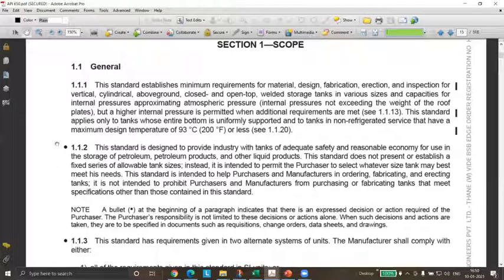Something that depends upon the purchaser who is asking you to design, some decision by him is required. Okay, like type of tank. So finally, the client has to give us the type of tank, what is the content of it. Okay, so any clause starting with this dot, that means some information from the purchaser is required.